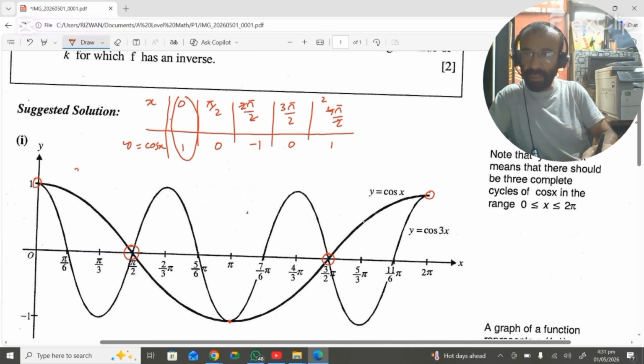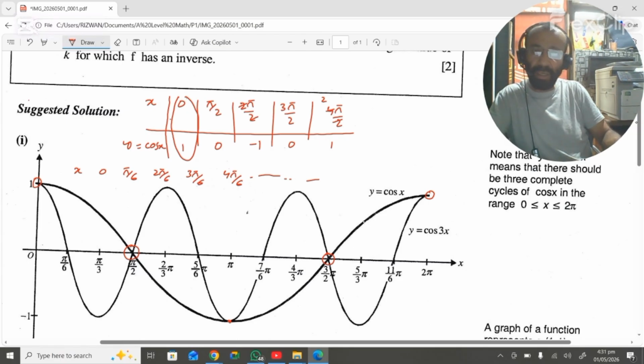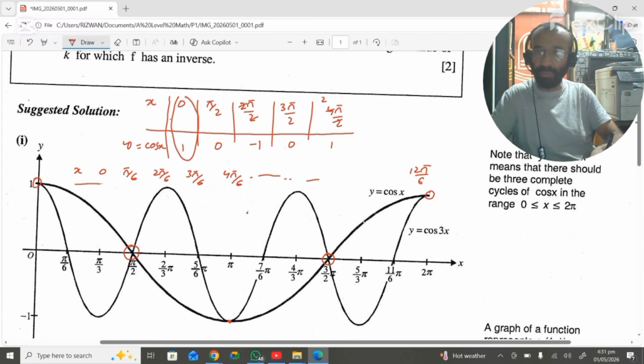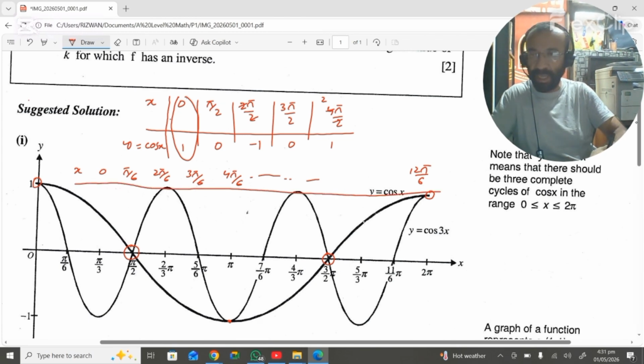So x is 0, pi by 6, 2 pi by 6, 3 pi by 6, 4 pi by 6, and so on. The final value will be 12 pi by 6, because we should approach the last value, that is actually 2 pi. Now again convert your calculator into radian mode, and you will take the value of y corresponding to these values. Whatever the value, because y is equal to cos 3x now,